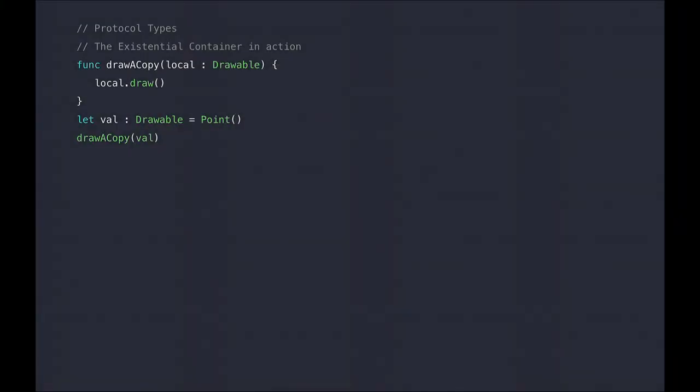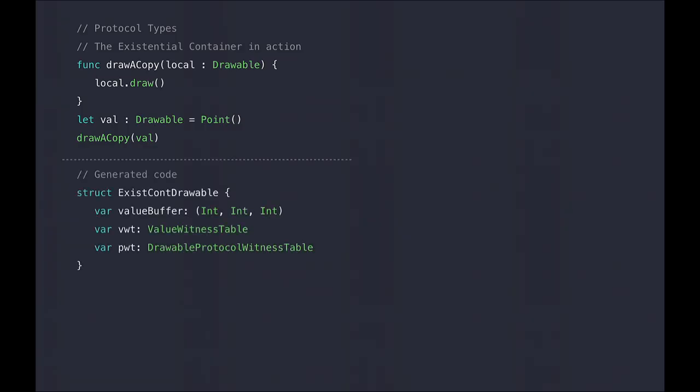Let's take a look at an example to see the existential container in action. In this example, we have a function that takes a protocol type parameter local and executes the draw method on it. And then our program creates a local variable of drawable protocol type and initializes it with a point and passes this local variable off to a draw copy function call as its argument.